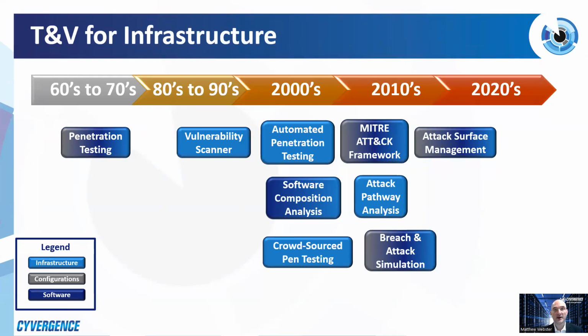aware of that. Now, from a legend perspective, you notice here in the lower left-hand corner, there are 3 different colors. And part of the reason I do that is because some of these tools and practices can be used from multiple standpoints. They can be used from an infrastructure standpoint. We can get into configurations, which we're going to talk about in the next slide. And then it also can be used from a software perspective. I do take a very broad view when I take a look at these things. So bear with me as we go through that, and I think you'll understand the perspective of where we're coming